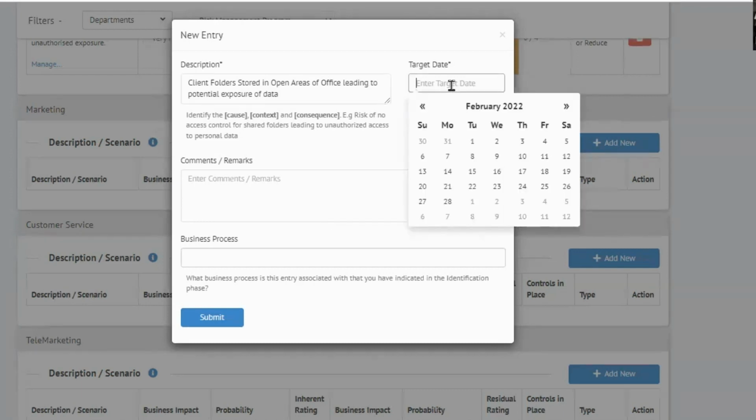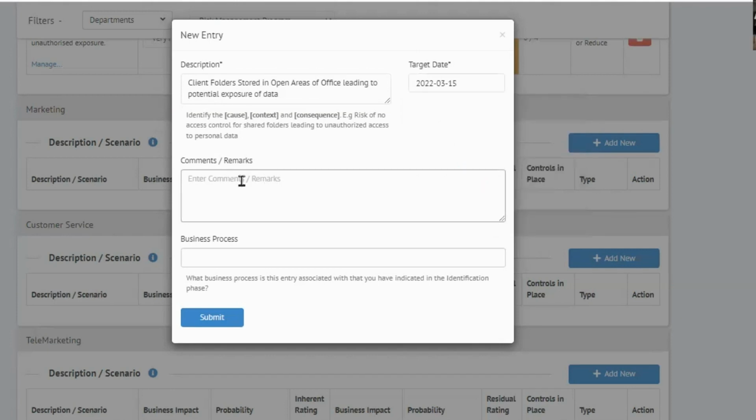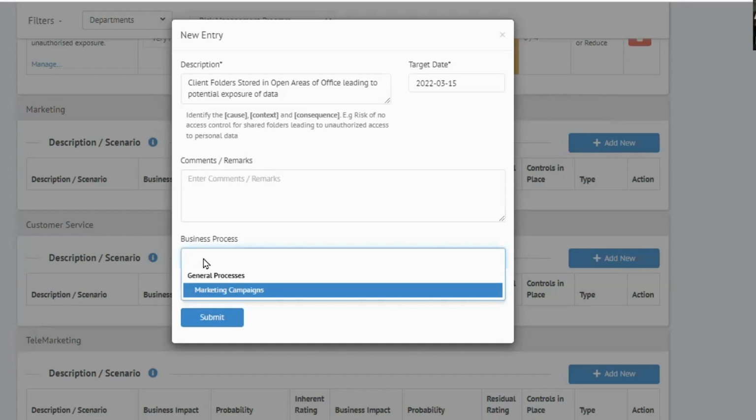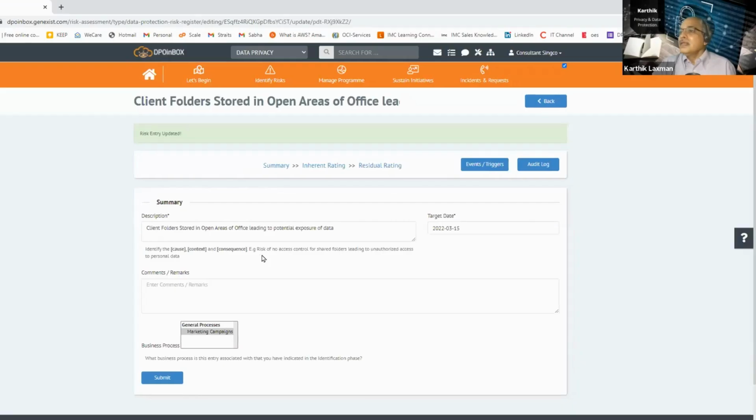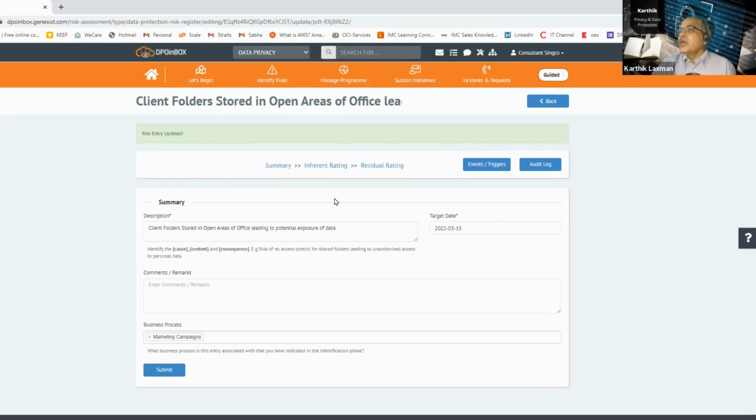Because it's a burning issue, you want to get this closed as soon as possible, so maybe at best by 15th of March. If there are any more comments, you just make the comment. Clearly the business process is part of this, the marketing campaign that the voluntary organization is doing. Then you submit it, and you look at providing the rating.